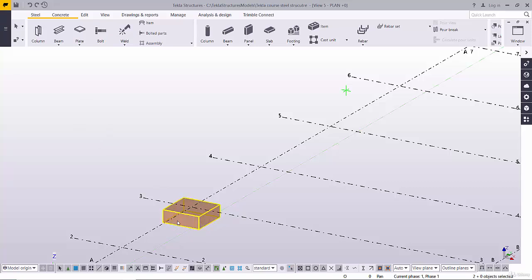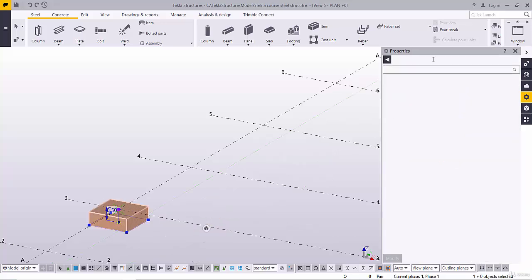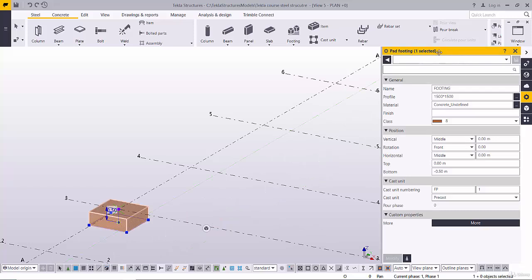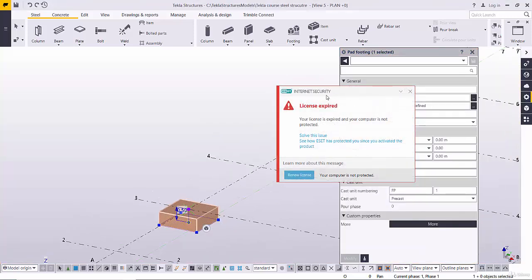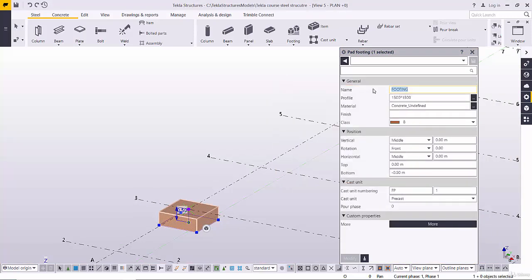Now this is a standard foundation drawn by Tekla. If we double click on it, we can change its properties. First of all, the name of the foundation here is the clear cover. It's not a foundation, this is a clear cover. The dimension is